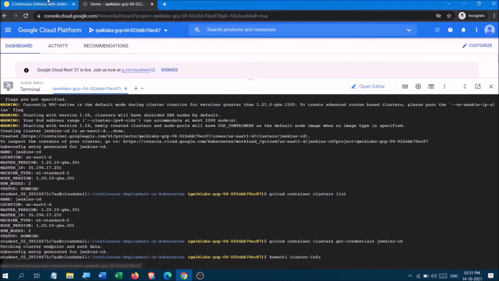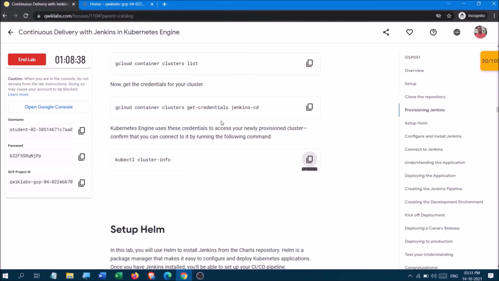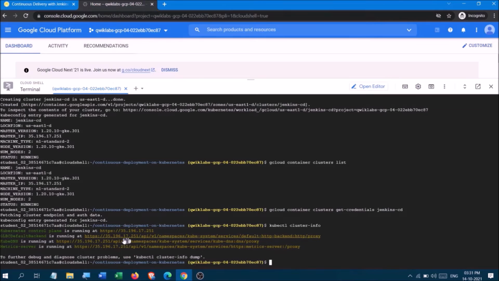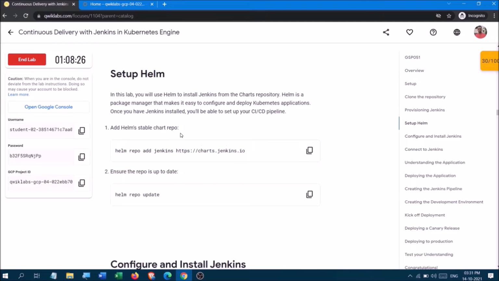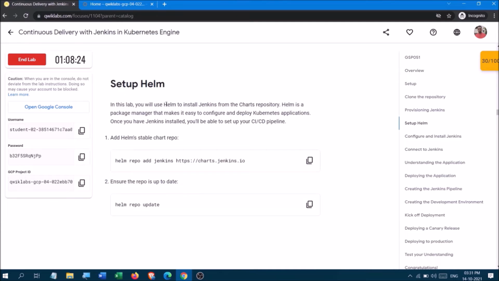Okay, so we got it. Now we are going to set up and download Jenkins from the chart repository, and it is a package manager.